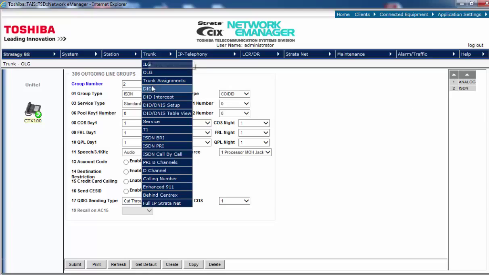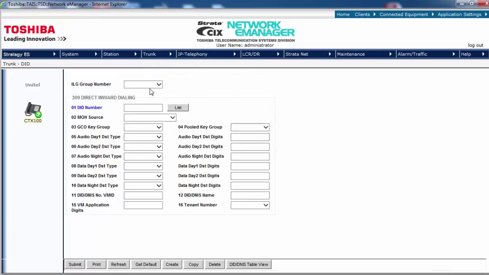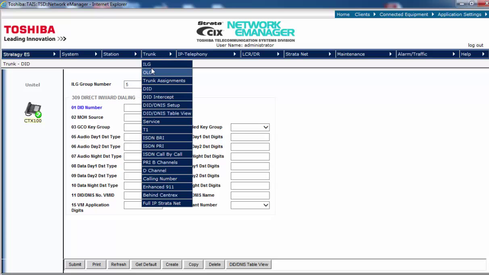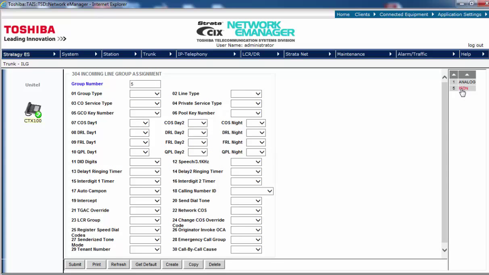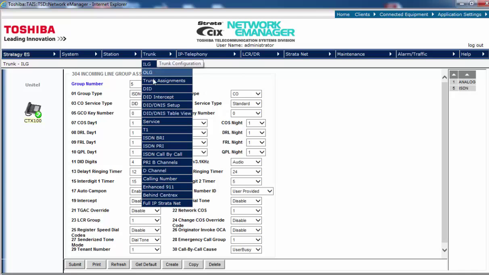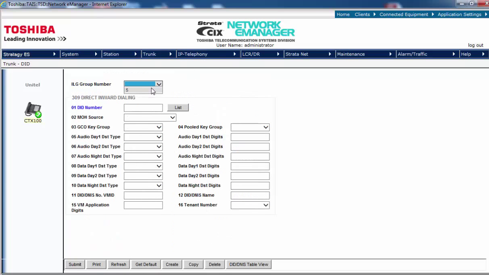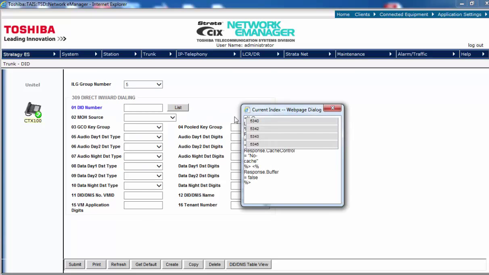Now we want to go to trunk DID, and this is what I'm talking about where this comes into play with the DID digits. First we're going to select our group number, which is 5, because remember we set up our incoming line group on trunk incoming line group. We set that up for number 5, so that's where that comes into play. But select your incoming line group number, and if you have some set up already, you'll have a list. You can click list